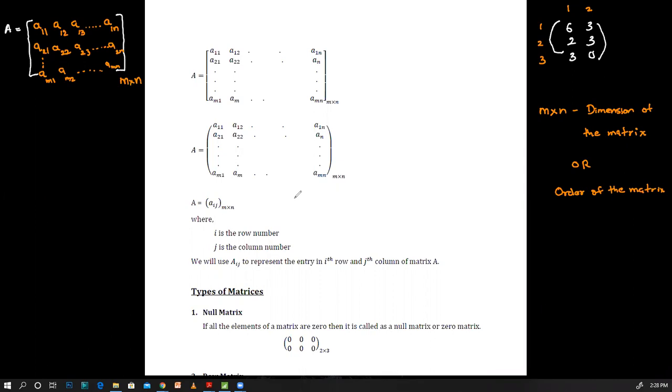We can use this m by n as the dimension of the matrix or the order of the matrix. In here, it is showing that